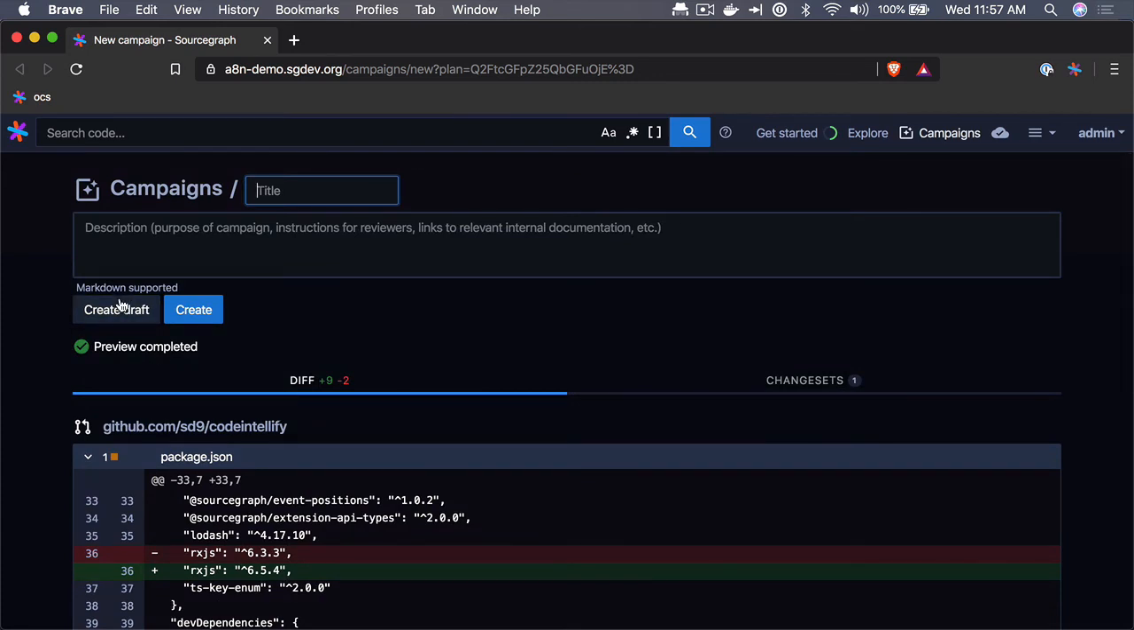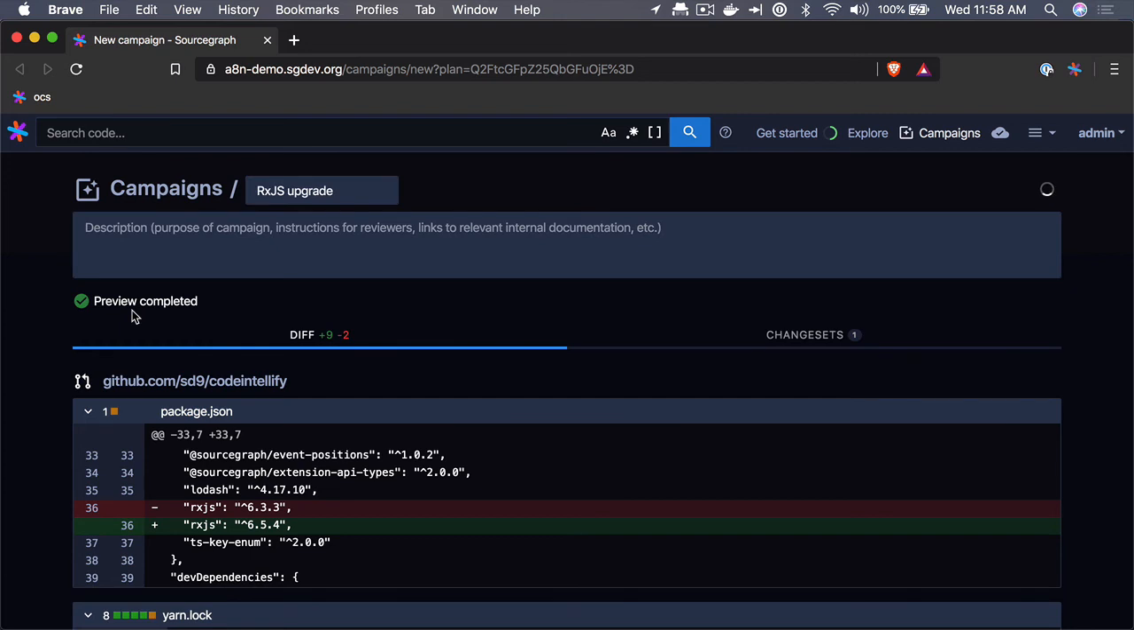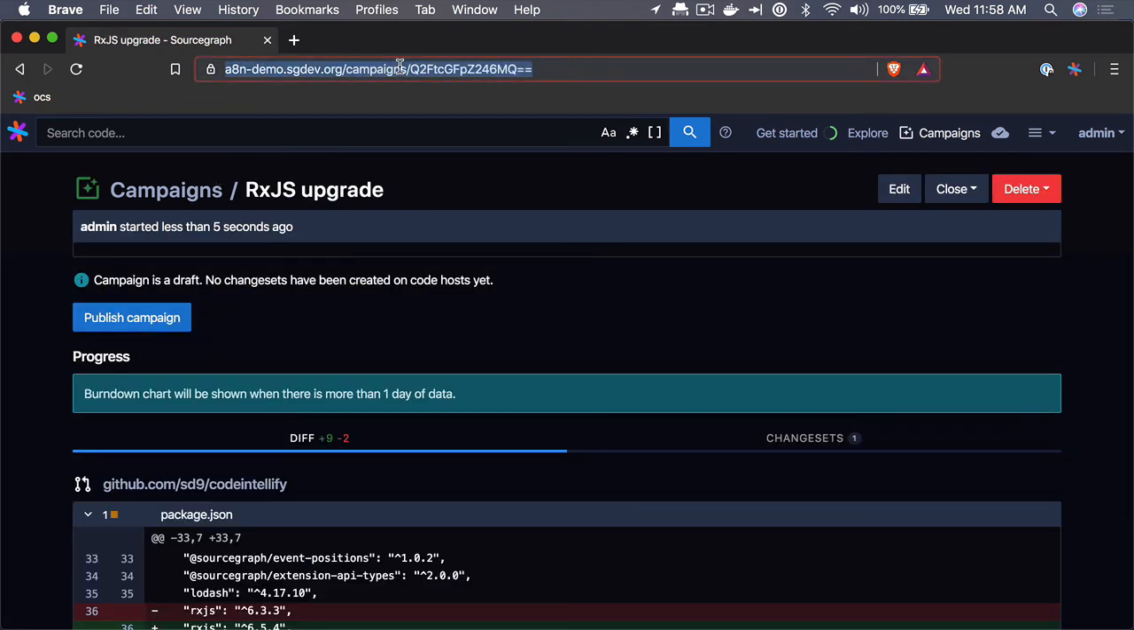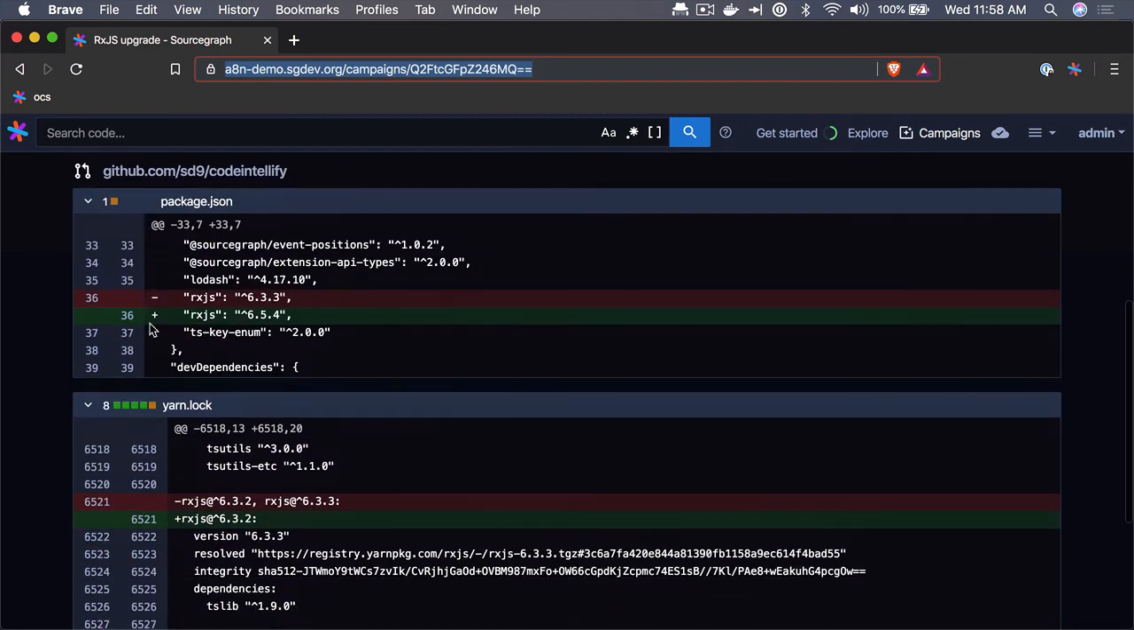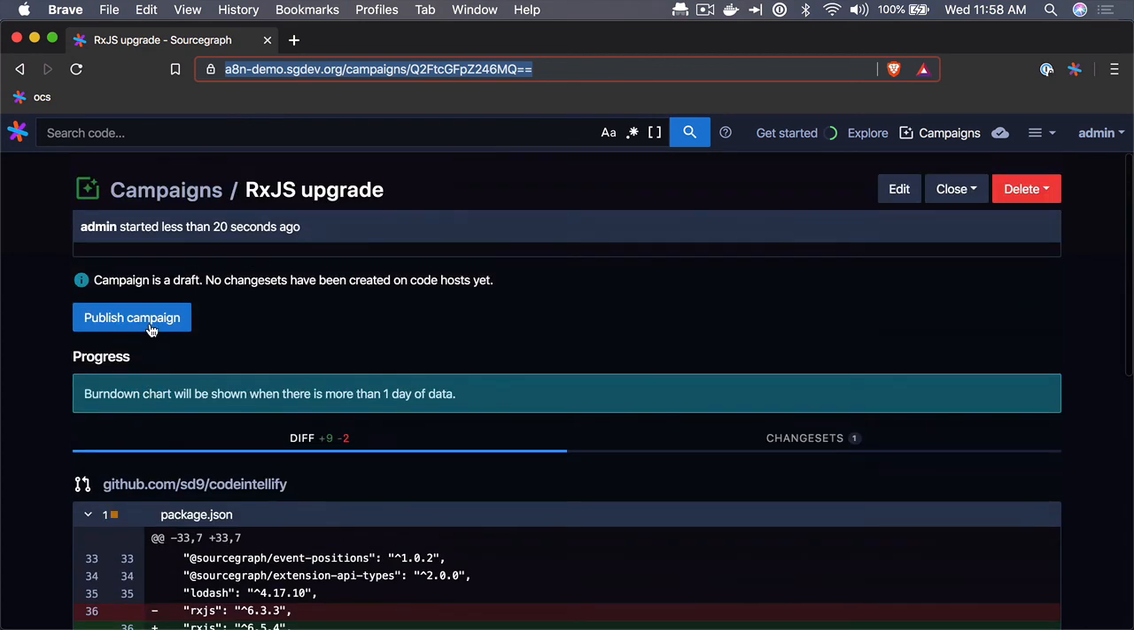And then we can either create a draft here, well, let me just name it RxJS upgrade, self-explanatory. And then if we create a draft, the reason why you might want to do this is because you can then share this URL with your teammates to make sure that this all looks okay before publishing the campaign. And when we publish the campaign, that is when it would go and create pull requests for each of these diffs in each repository. Okay, so that's a really simple demonstration of the workflow for